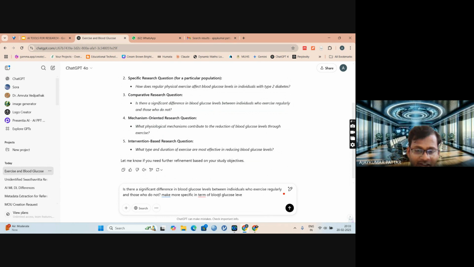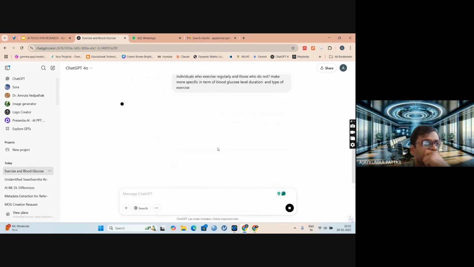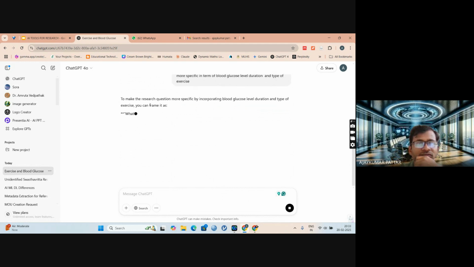Let us see what ChatGPT will take. Later on we can give the duration and type of exercise. So now we will see how it will make it specific.